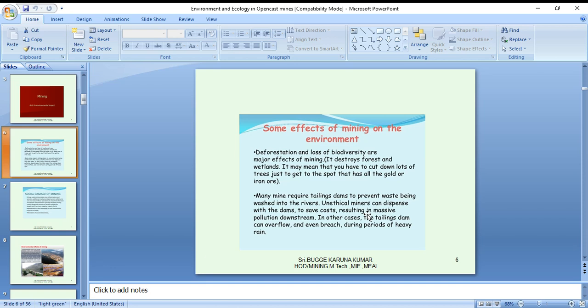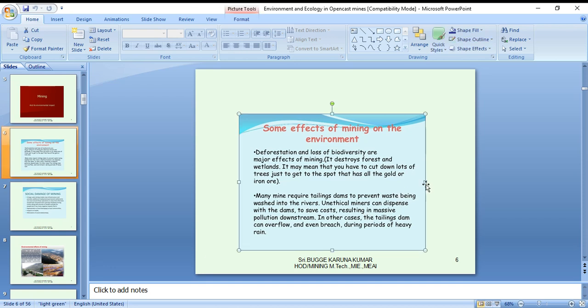In other cases, the tailing dam can overflow and even breach during periods of heavy rains. By seeing these simple slides, we are completely getting the negative impact of mining. But that is not correct. For the sake of understanding, I'm giving the explanation.